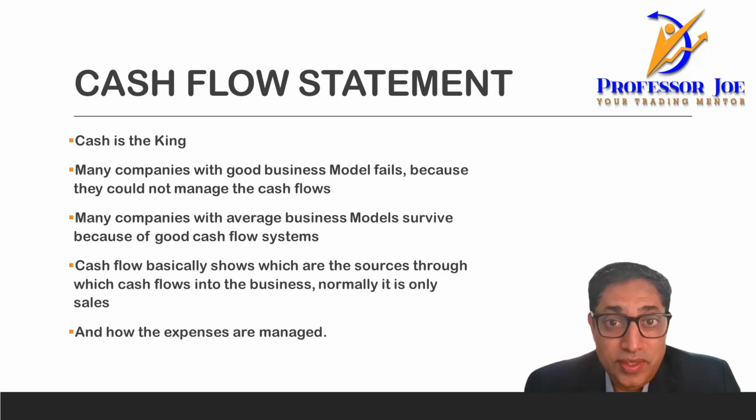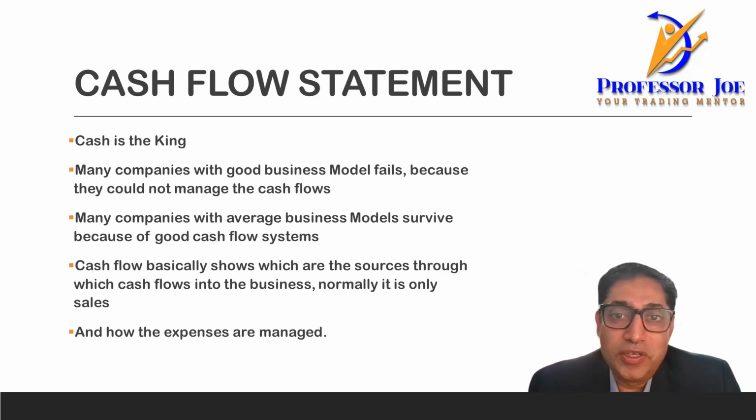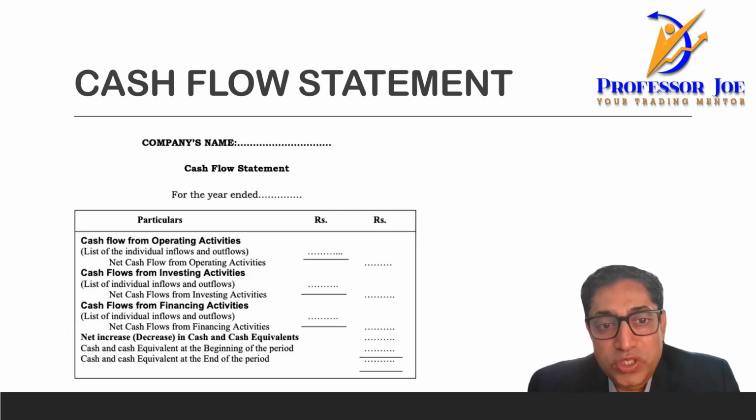Sometimes even a business which does not have a very good business model, an average business model, is still successful in business. Why? Because they know how to manage their cash flow well. Any business that cannot manage its cash flow well will go into losses. So the most important thing in a business, of course, is profit, but also managing the cash flow. The day-to-day cash expenses and the day-to-day cash incomes have to be managed very well. And that is recorded in the cash flow statement. This is how a cash flow statement looks. Basically it starts with an opening balance, and then all the income, then all the expense, and then what is left behind.